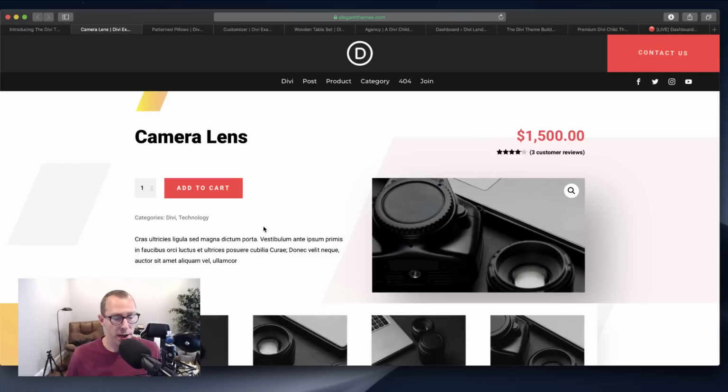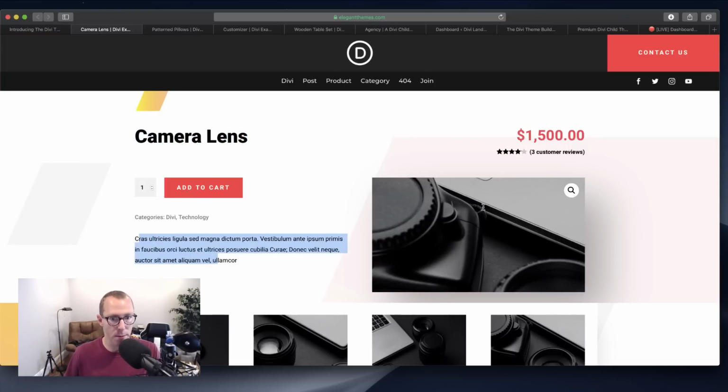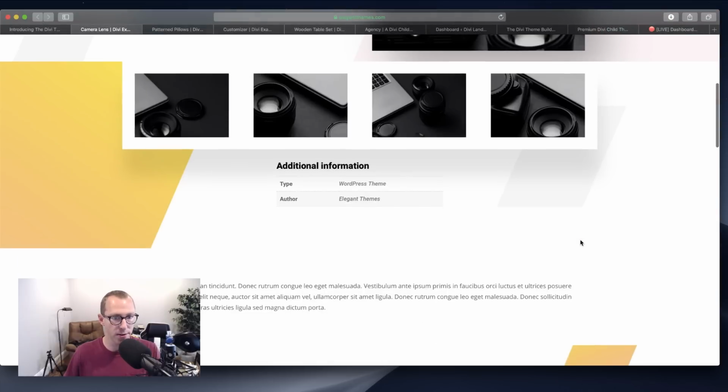Well, if you wanted it to look like this for every single product, using the theme builder you can create a custom template and then apply it to every single product page. So right here you have the product name, the add to cart, the product price, the product description, the main product image, the gallery images,